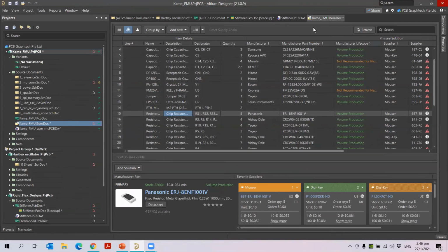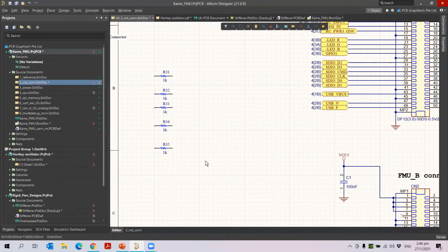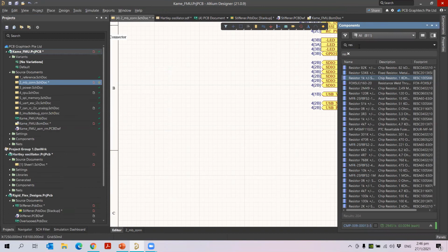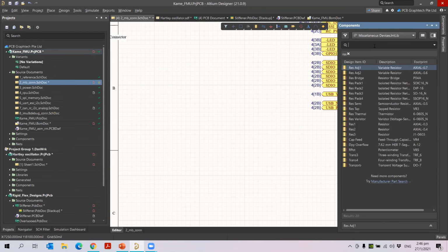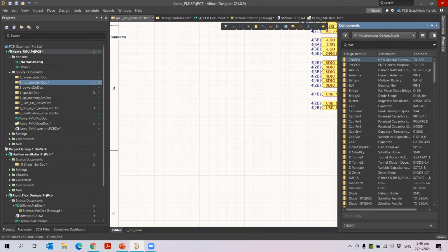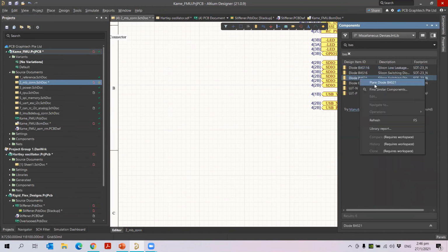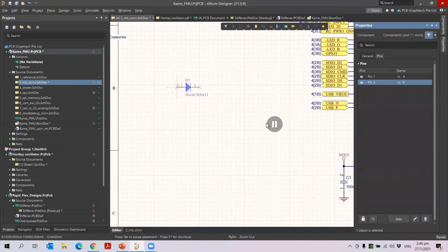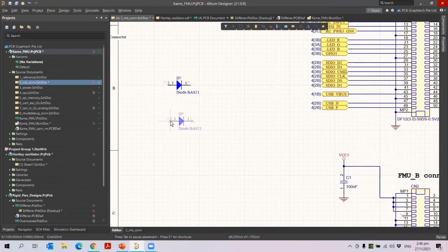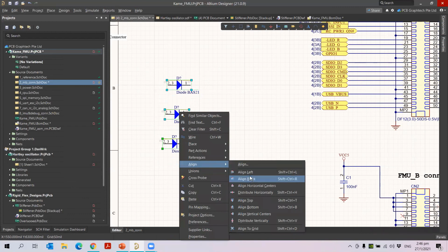Then if you go to your sheet again to do the pin mapping, I will show you how to do the pin mapping here. Go to the component, and let me delete this. Go to miscellaneous devices. For example, I will choose a component. I'm going to place a diode here. I will place it with the numbers, so here you can see the pin mapping for this component. I just place the three here. Let me select this and then align left.